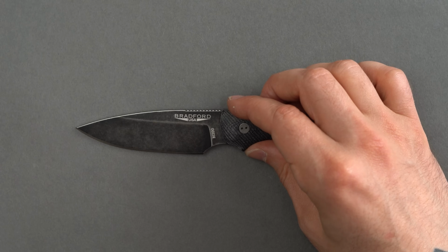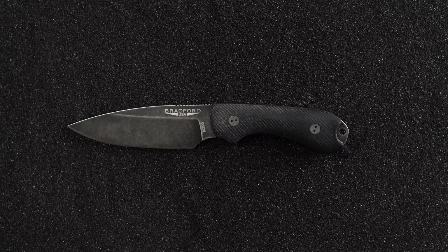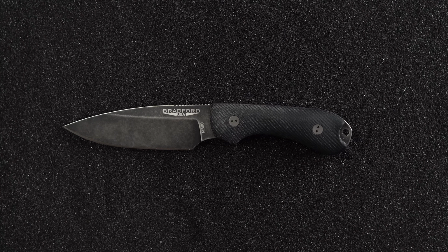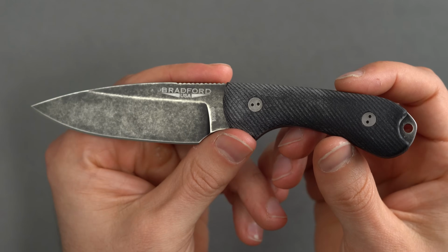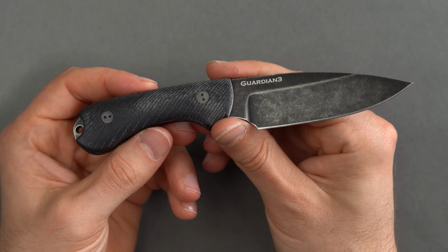Typically speaking, there's a bit of a trade-off that exists when dealing with EDC fixed blades. Smaller models are more pocketable and easier to conceal, though they lack the utility of larger EDC fixed blades. And while we're not entirely sure how the company has actually pulled it off, the Bradford Guardian 3.2 manages to offer the best of both worlds, being extremely functional, versatile, and utilitarian, while still being compact enough to easily lend